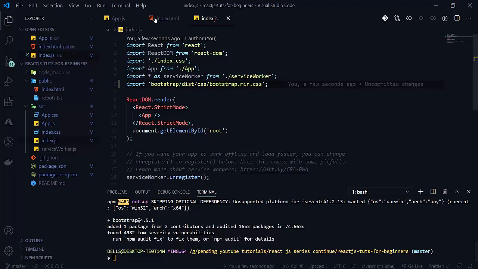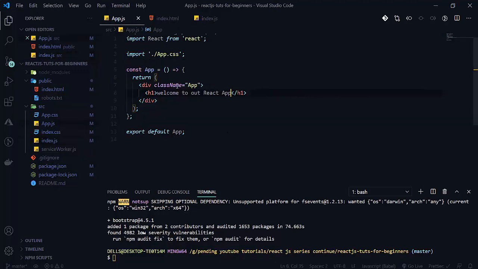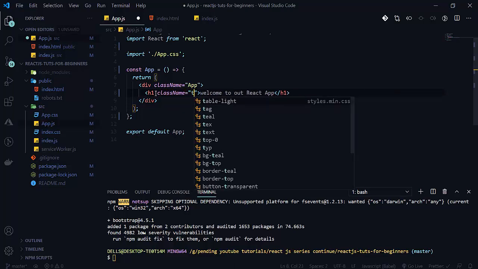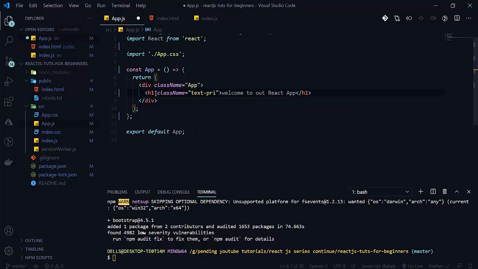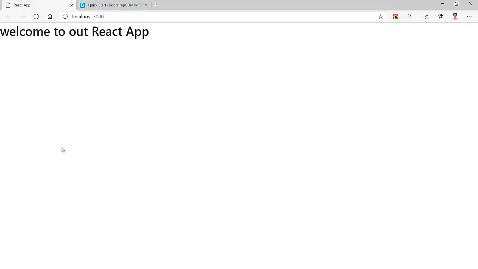Now let's change the text color. Let's write className equal to text-primary and change this color to primary. See that now our color is also changing, so we have successfully applied our Bootstrap.